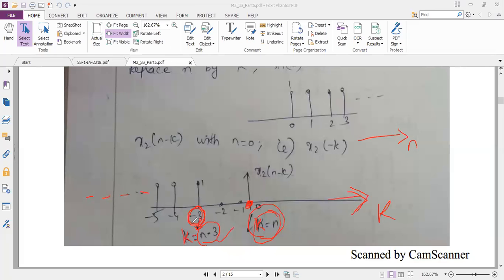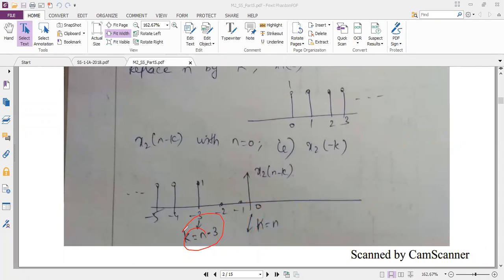Remember, whatever value is there, from where the sample value is starting, that number we have to put along with n. That's it. If my sample would have started from plus 3, then I would have written n plus 3. So here don't get confused. In the first module for shifting, minus 3 means we will take it towards the positive side and plus 3 means we will take it towards the negative side. That concept is not applicable here. So I hope now you understood why it is k equal to n minus 3. This is very important.